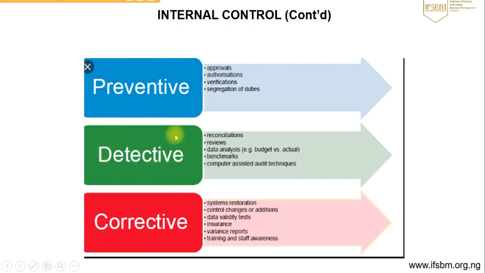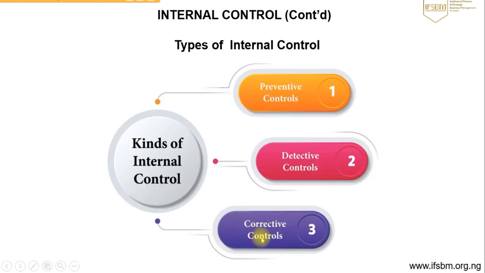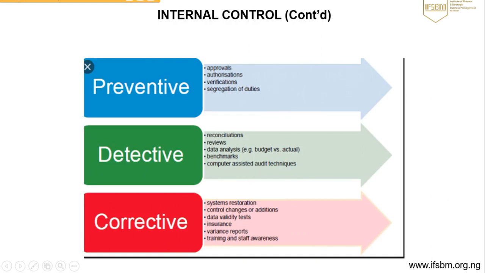Who stole the stock? Who stole the assets? Who did what? So the last kind of control is the corrective control. What is corrective control? Corrective control, after the fraud has been detected, after we've known that there is a fraud somewhere, now how do we correct it to forestall future